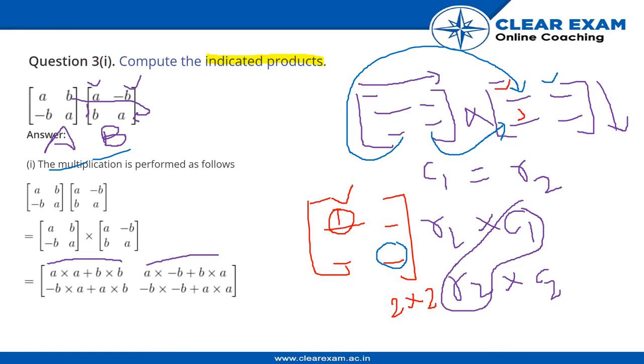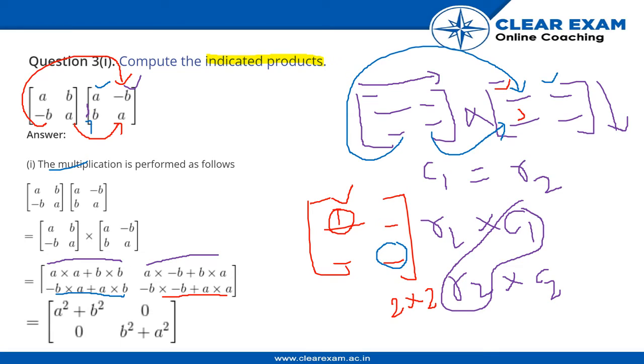Now to find the third element, we have to multiply minus B to A and A to B. That's what they have done here. And finally, for the last element, we have to multiply minus B to minus B and then A to A and then add them. So this is our last element. Finally we get a matrix that looks like this one, and this is our final matrix. This is the multiplication of the above given two matrices A and B.